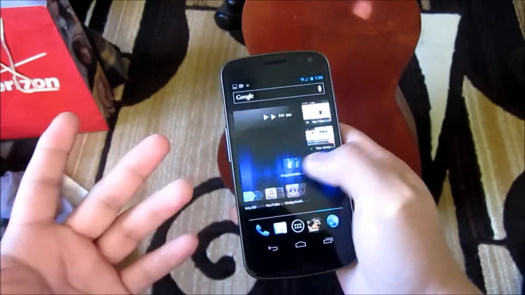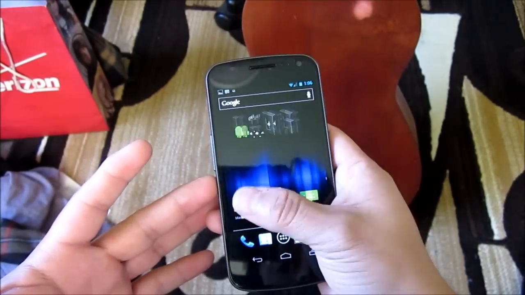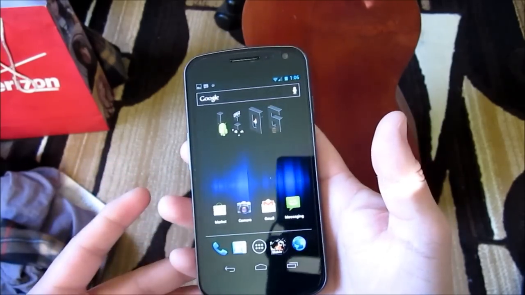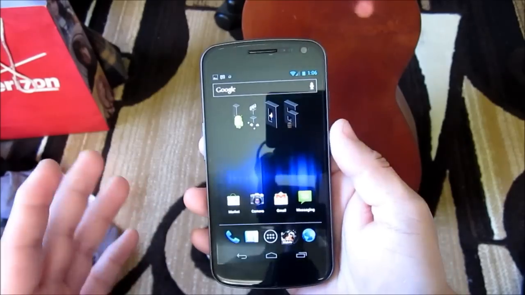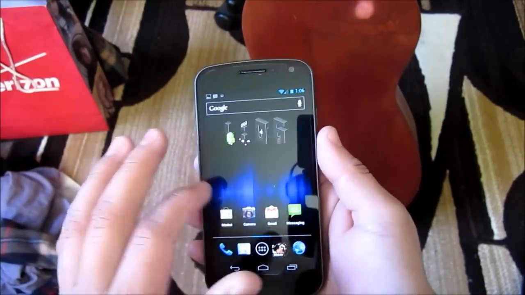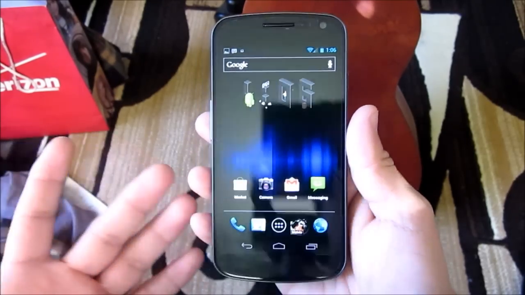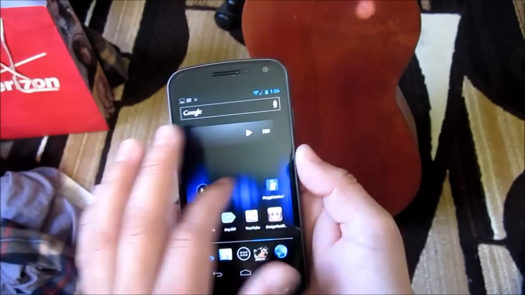Everything seems pretty good, but I'm a picky person, and coming from an Epic 4G Touch, I've noticed that the processor just isn't as responsive as I would hope it would be. And this is basically just my opinion. Now, again, Ice Cream Sandwich 4.0 is great. I'm not bashing Ice Cream Sandwich, and I'm not necessarily bashing the phone, but in my